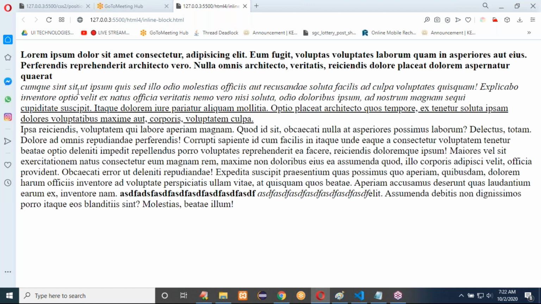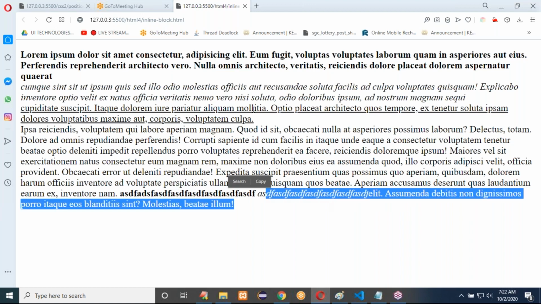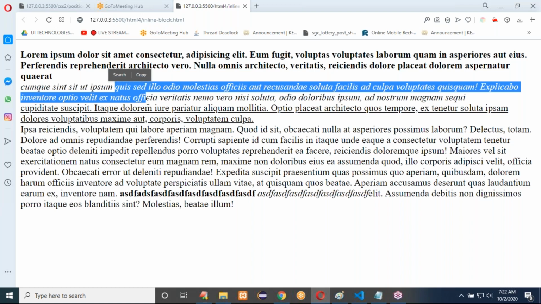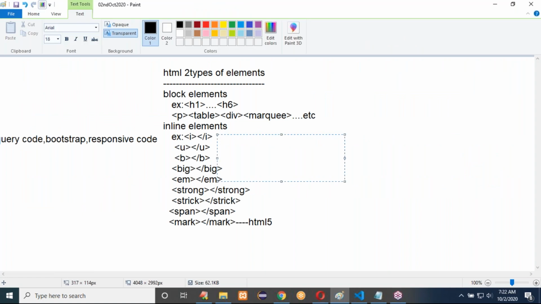This way I can write it. Here bold content, this is italic content, this is underline content. After underline we are writing this one is bold content, and this one is strong content. See strong and italic, this one and this one both are showing bold content. And this EM tag and this content, both italic content, both are showing the same italic content. EM tag and I tag both will be used for displaying italic content.